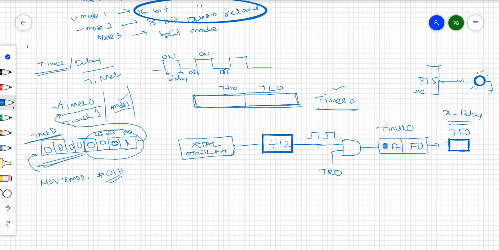Normally, the crystal oscillator is connected with some frequency, so it is going to be divided by 12. For example, here you connected a 10 megahertz clock. 10 megahertz external clock divided by 12 takes place, so as a resultant you are going to get something, for example, 921.5 kilohertz, if you get.